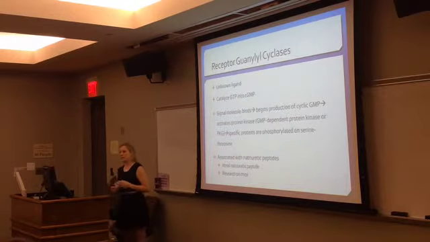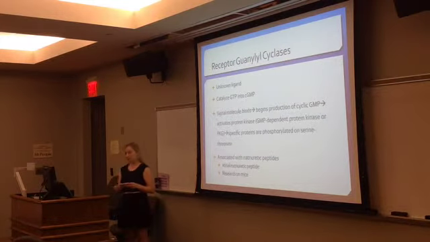And receptor guanylyl cyclases are another enzyme-linked receptor, and this has an unknown ligand, and it catalyzes GTP into cGMP. The way that it does this is the signal molecule binds and begins the production of cyclic GMP, which activates cGMP-dependent protein kinase, or PKG, and because of these protein kinases, specific proteins are phosphorylated on the serine-threonine. Receptor guanylyl cyclases are associated with signal molecules of natriuretic peptides, such as atrial